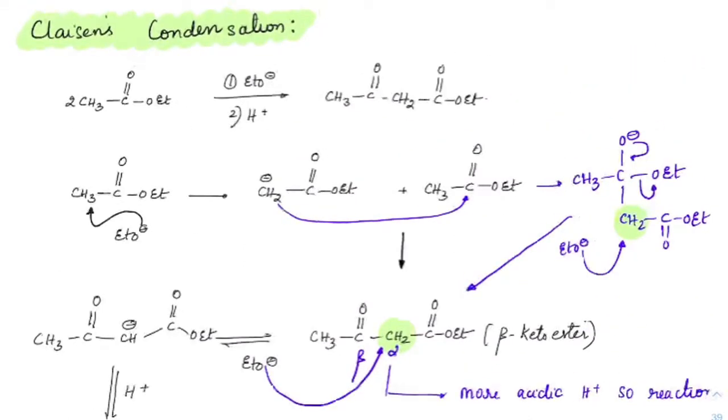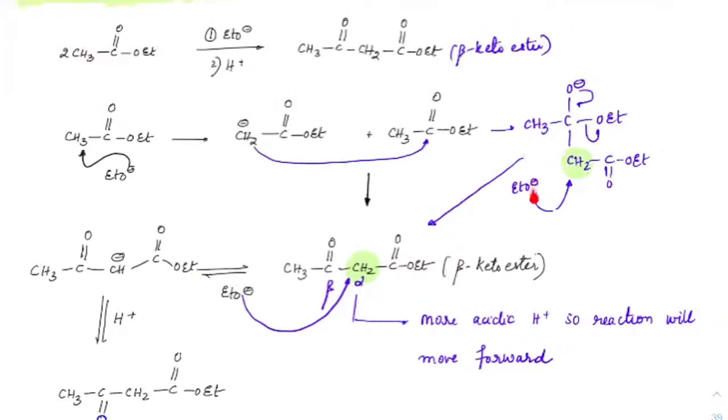Got it. So in the question usually you would have EtO minus and H plus both mentioned. EtO minus is going to help to bring the reaction up to this point, and then on hydrolysis you will get to the formation of this beta keto ester. So the final product is beta keto ester formation. Now here the problem is this EtO minus is helping this reaction to go in the forward direction. Suppose the hydrogen is not present here, then EtO minus may attack on the carbon again and make the reaction go backwards because it is a good nucleophile also. So it may attack back and make the reaction go backwards.